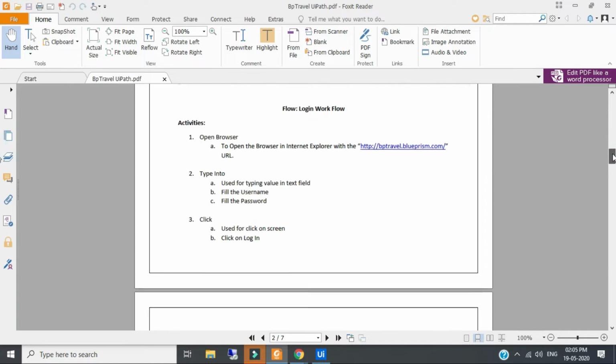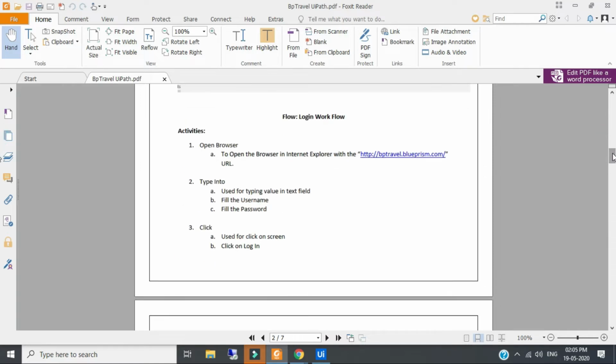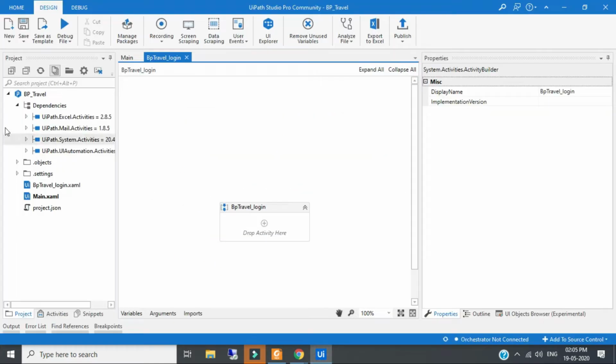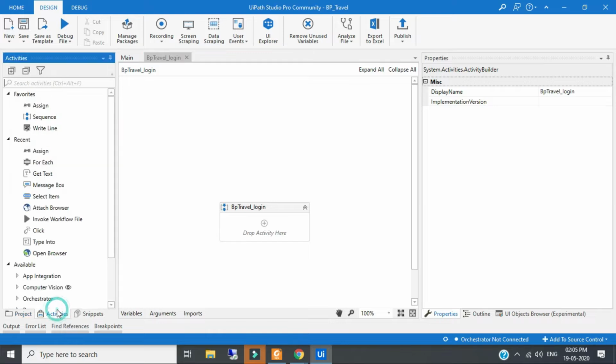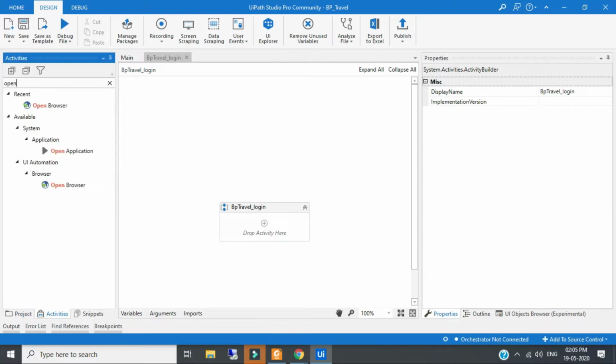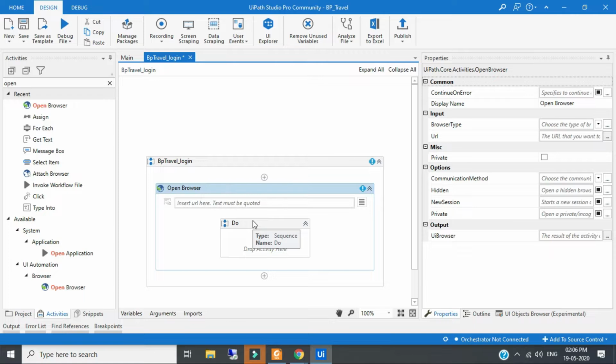For opening a browser there is an activity called the open browser activity. We will go to activities and search for the open browser activity. This is very user friendly, you can search directly by name. So we'll take the open browser.